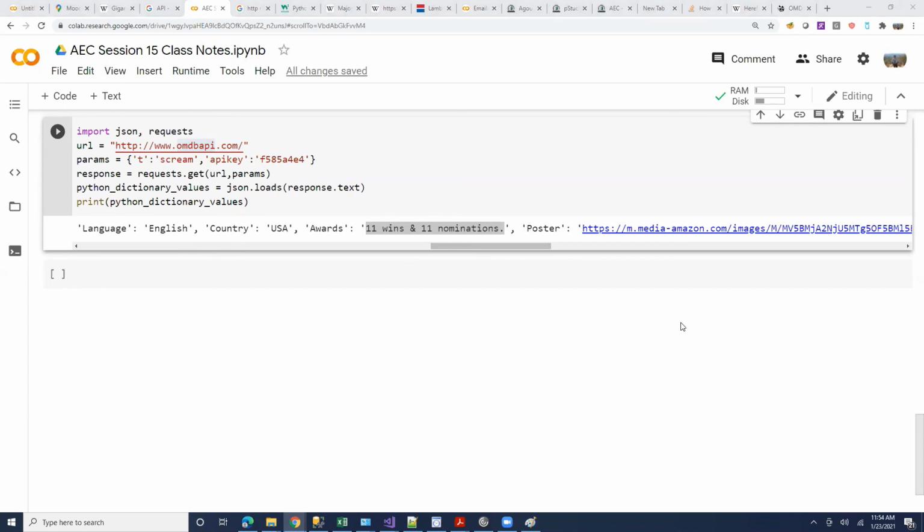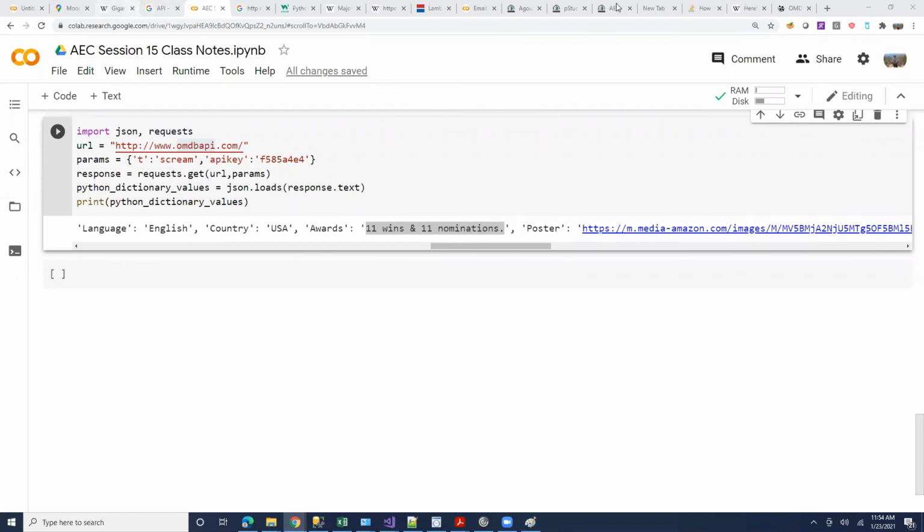Okay, that's a good one. So Arham Jain has a good proposal. Get a movie, get its director, then get a list of movies by that director, then compare the ratings of all those movies to decide if this movie is the highest rated by that director. That seems like an interesting question. That's an interesting question if you guys are interested.